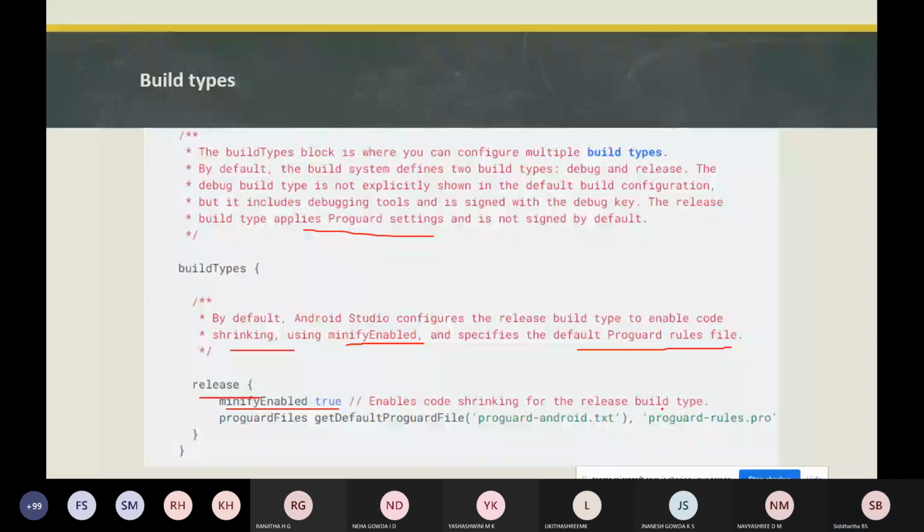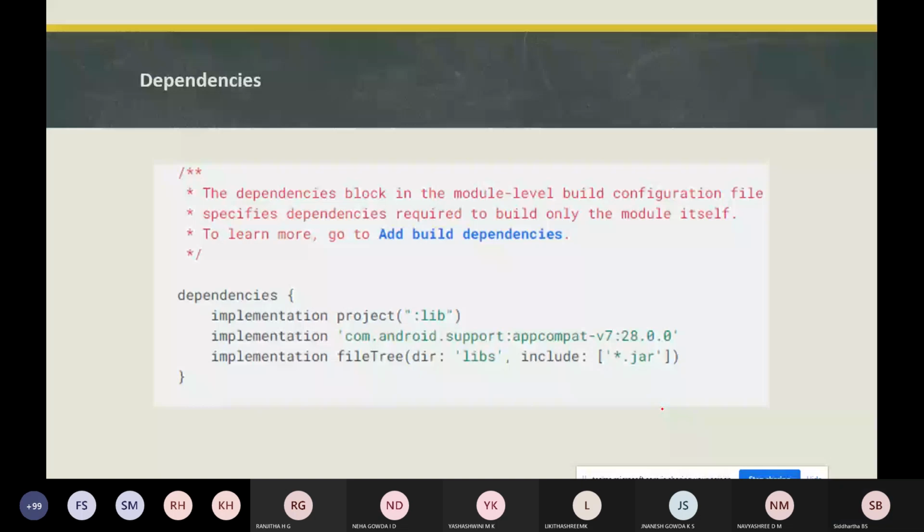Okay. So next is dependencies. Dependencies are defined in the dependencies block, which is part of the build.gradle file. The dependencies block is not within the Android block; it is outside the Android block. Here the dependencies block in the module-level build configuration file specifies dependencies required to build only the module itself. It means that whatever dependencies are required for your project will be defined